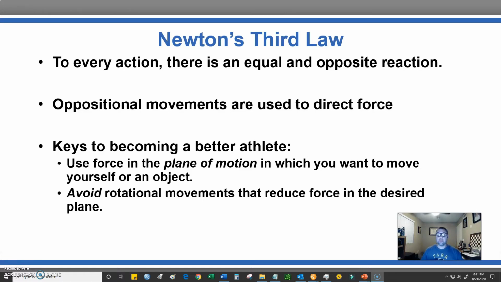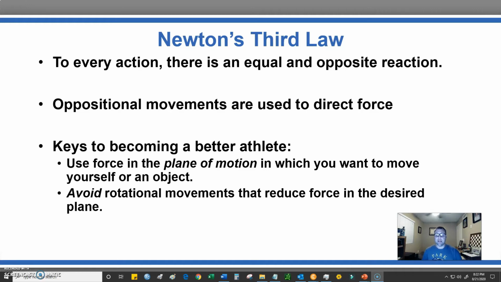So remember, with the second law, how momentum will shift the direction that you're going based on the direction that the force of the momentum is meeting you. This here is the same kind of thing. If you are able to throw a ball straight in one plane of motion, it's going to go faster. If you have any rotational movements, either throwing, kicking, running, you're going to lose on your